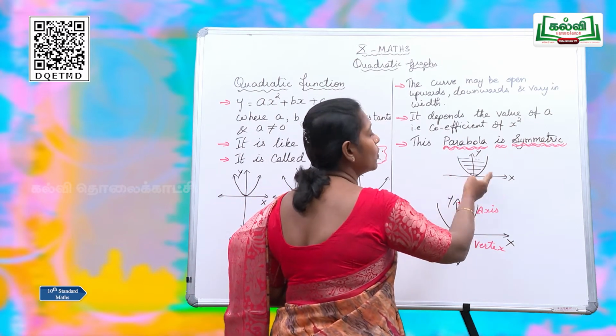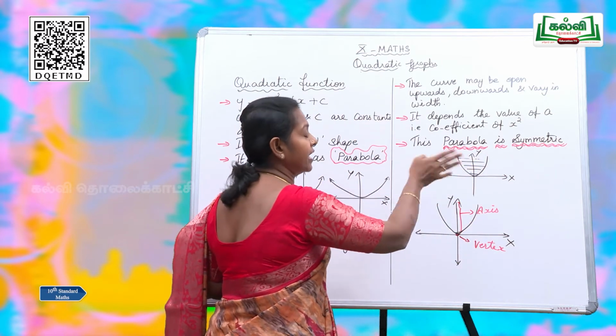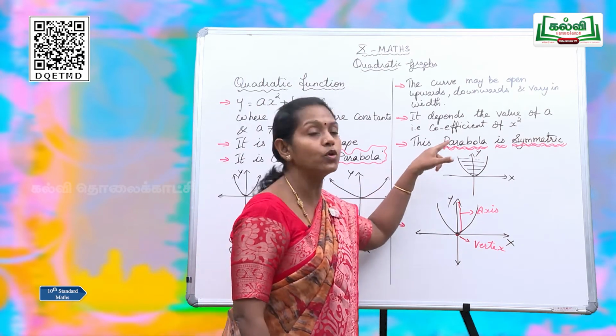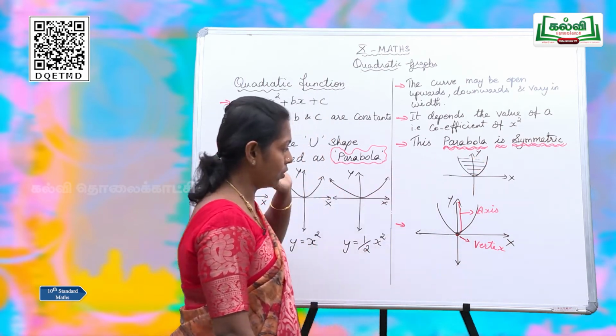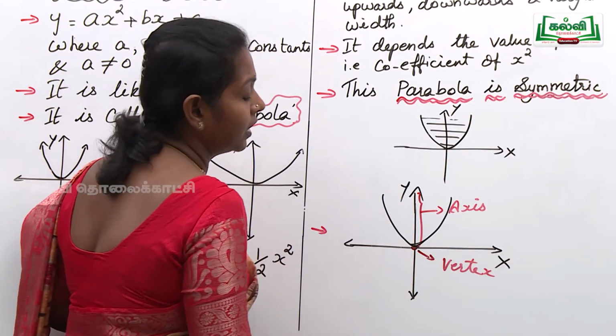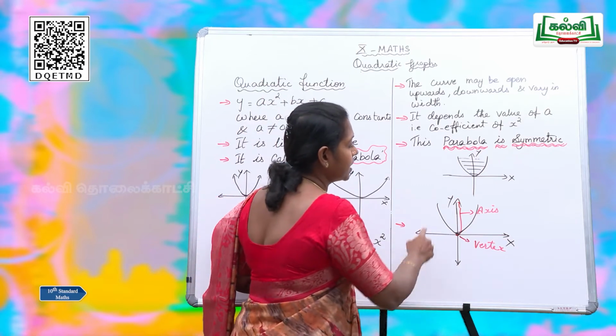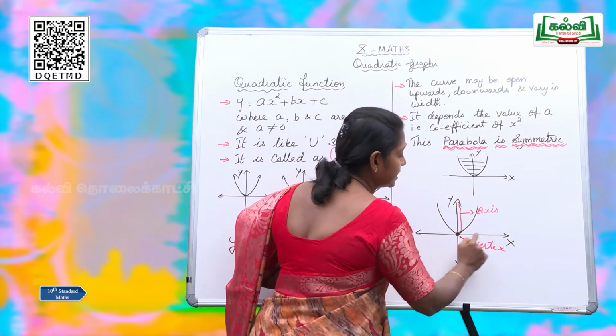So the area covered on both along x-axis and y-axis will be what? Same. That's why a parabolic curve is always symmetric. Okay. Now see this picture. There is a curve. You know very well it is what? Parabolic curve. The parabolic curve touches